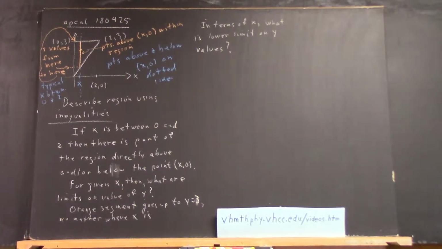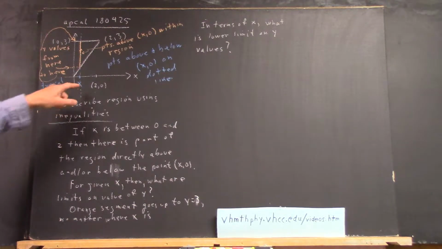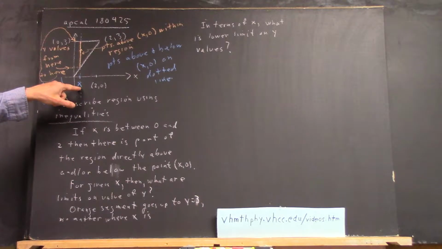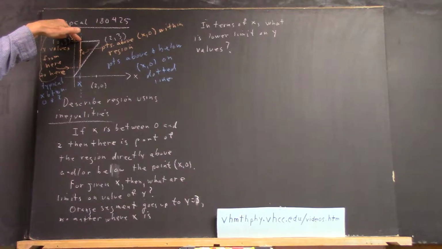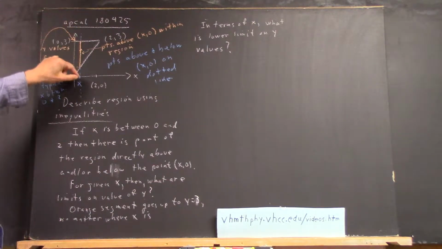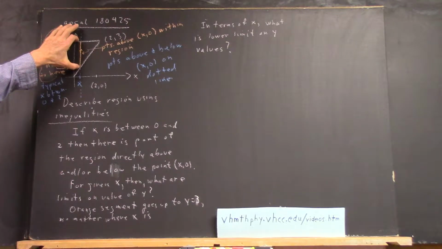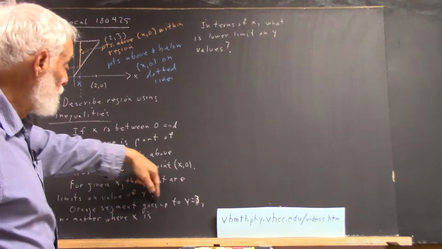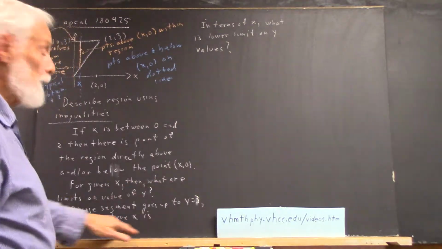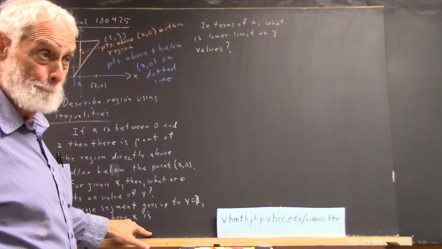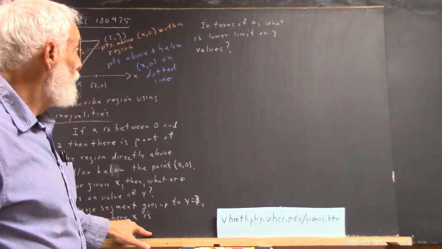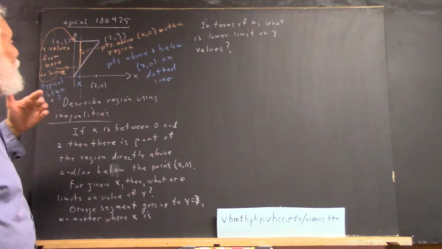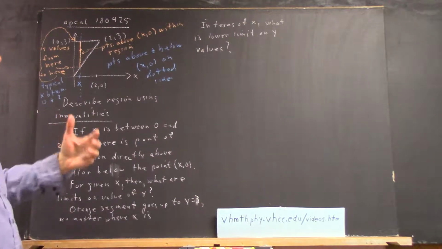Okay, so we observe in terms of what we see here that whatever x is, y stops at 3. The y value, on the segment that's within the region above the x value, stops at 3. So the orange segment goes up to y equals 3, and it doesn't matter where x is, right? Okay? Now, you don't have a fixed